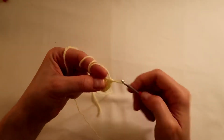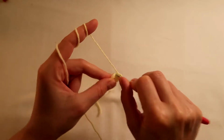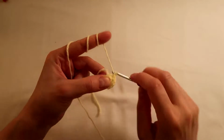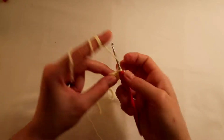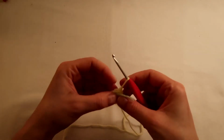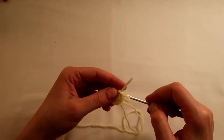2 in the next one, 8. 2 in the next one, 10. 2 in the next one, 12. So that's our first round done. I'm going to put my marker in, and now